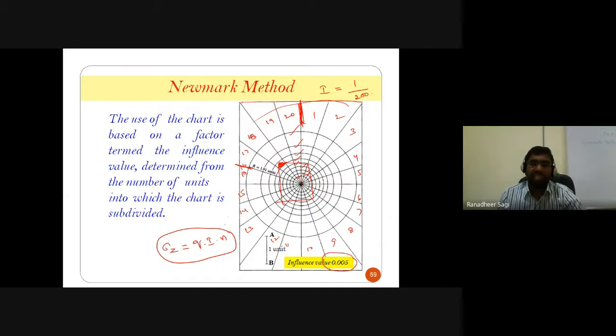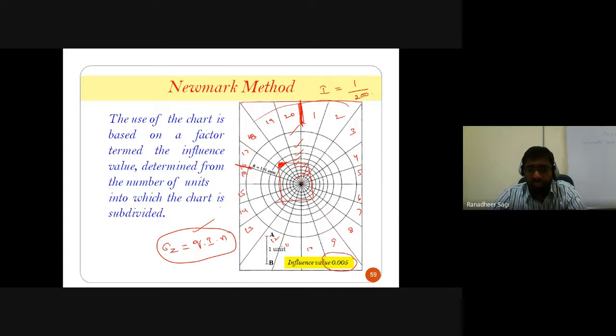So that's the reason why we say that the vertical stress you are estimating based on this is relatively not very accurate. Okay, so that's why people are not widely using this particular pneumatic chart nowadays, but in olden days people used these pneumatic charts to calculate how much vertical stress is getting developed in the soil at any depth below the ground surface.